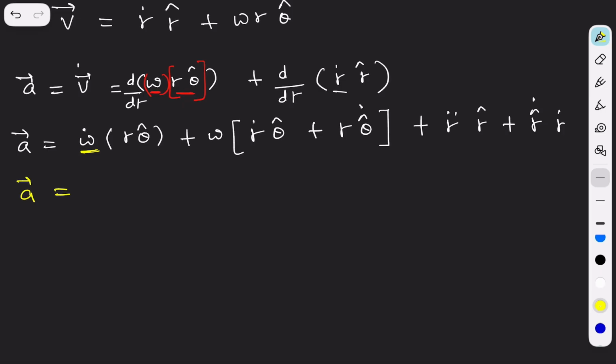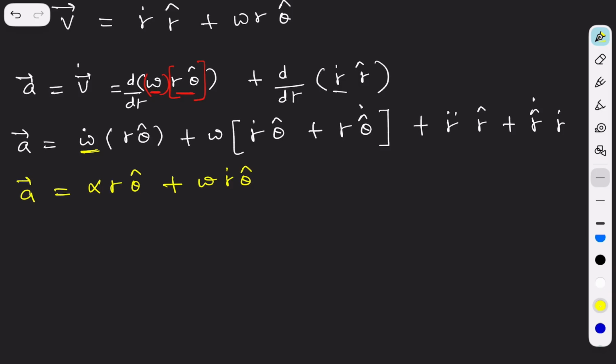So what we can write here is alpha r theta cap, plus omega r dot, and theta cap is theta cap only. So let me put it like this way, theta cap. Omega r dot theta cap